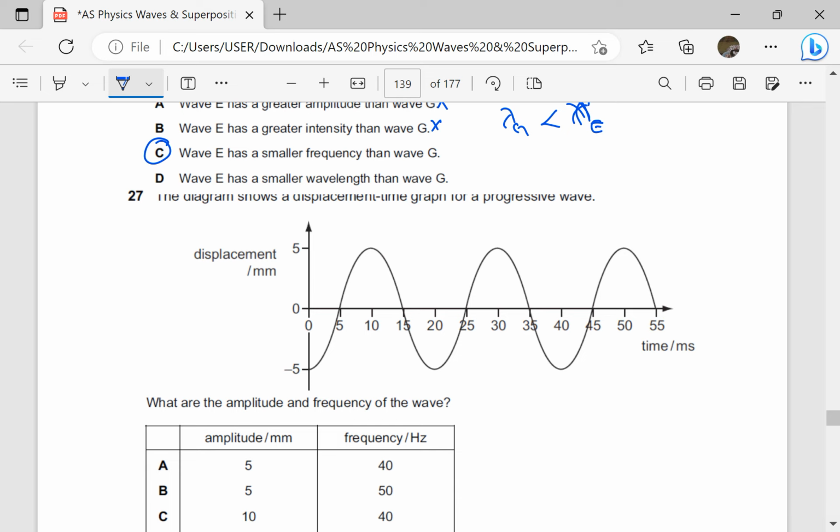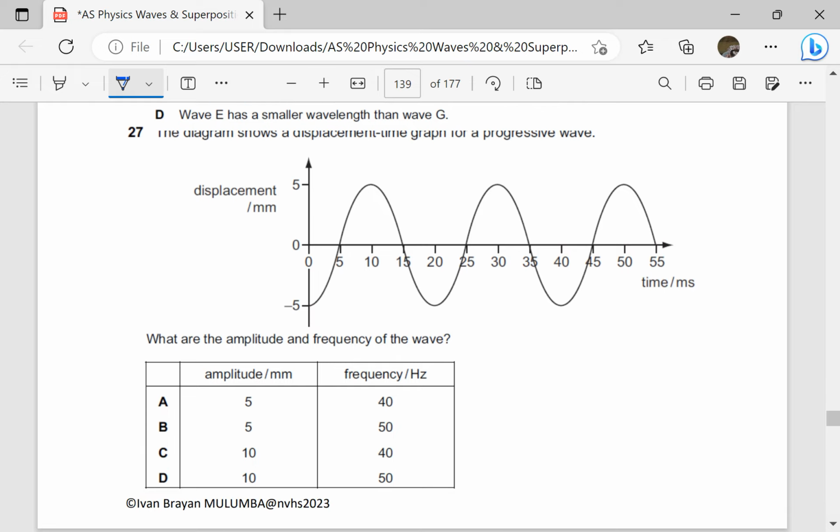The diagram shows a displacement time graph for a progressive wave. What are the amplitude and frequency of the wave? Amplitude, this is displacement against time, so amplitude is 5. So we ignore C and D. Then frequency, it is about period. So frequency is going to be equal to 1 over period, which is 1 over